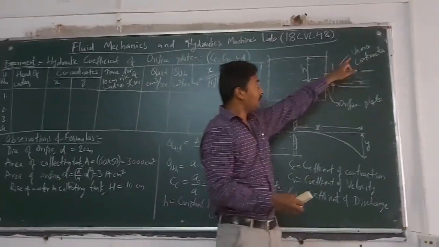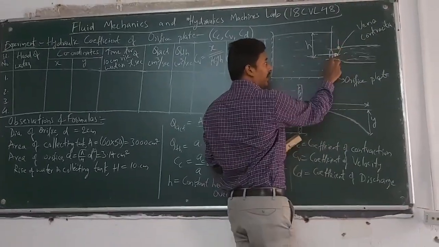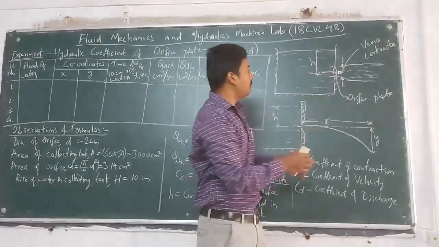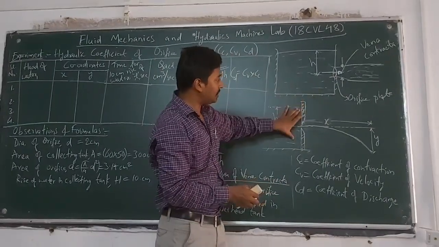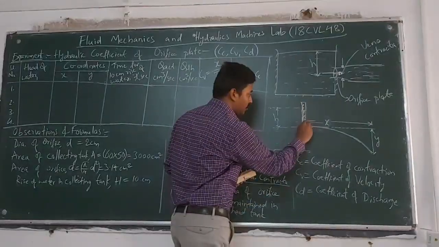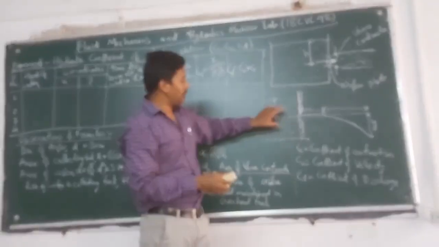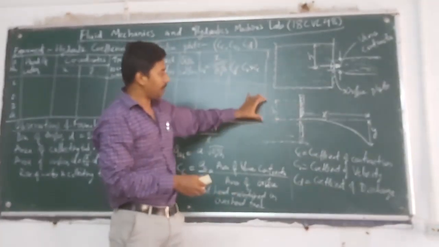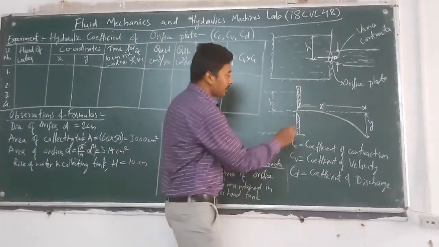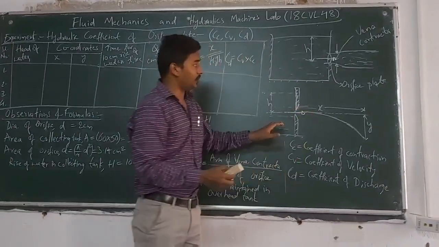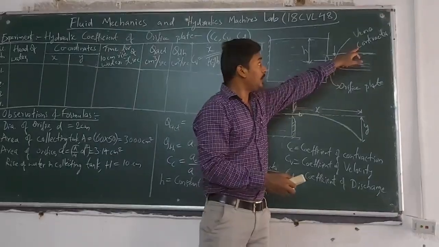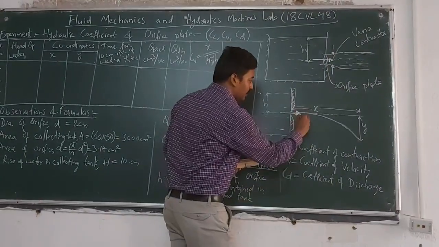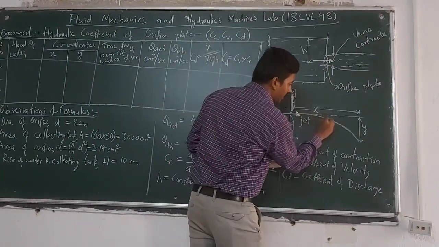After that, the vena contracta is the place which comes just after the opening of the orifice plate. An orifice plate is just an opening with a sharp edge. This is an enlarged sketch of a sharp edge orifice plate, and the head of water in the overhead tank is maintained constant. Once the water comes out from the orifice plate, it takes a small area called the vena contracta, and after that the water comes out as a jet and follows a trajectory path.